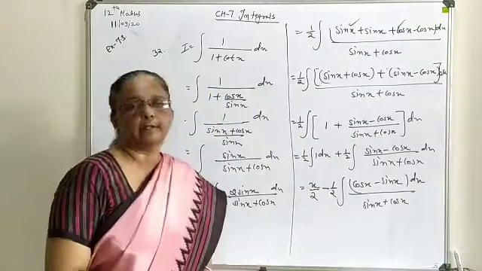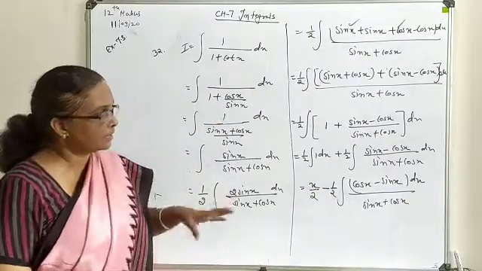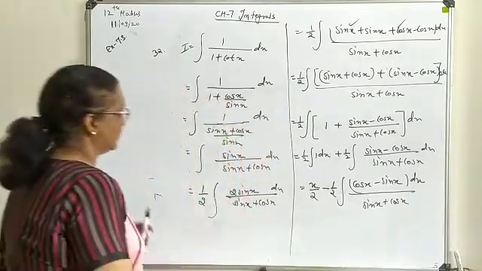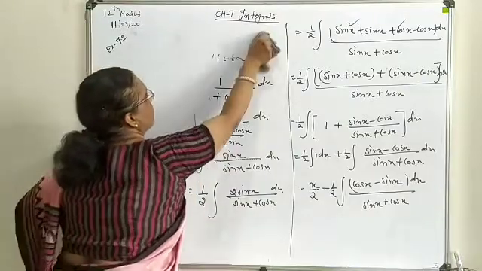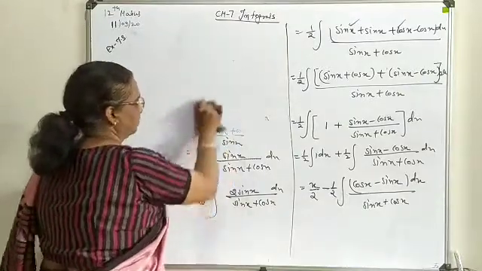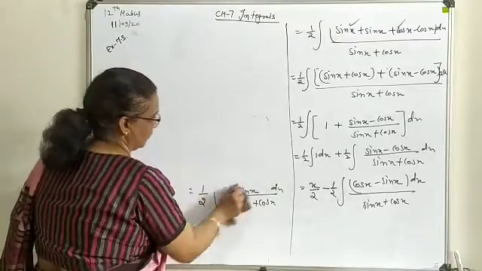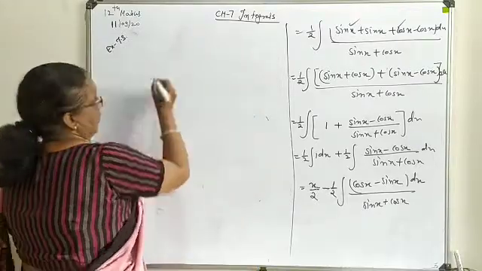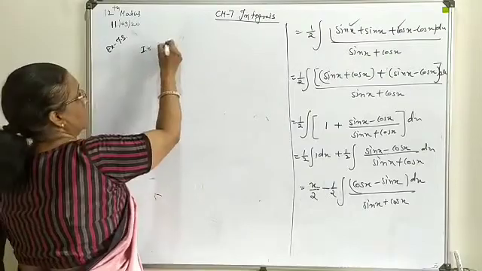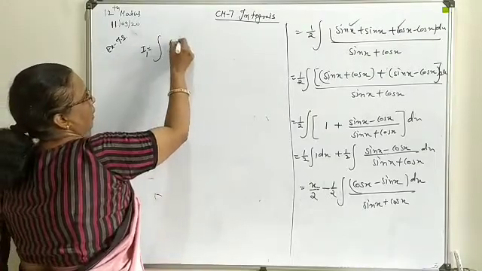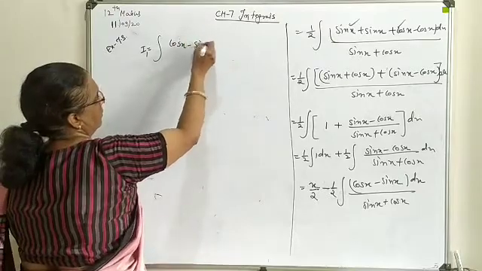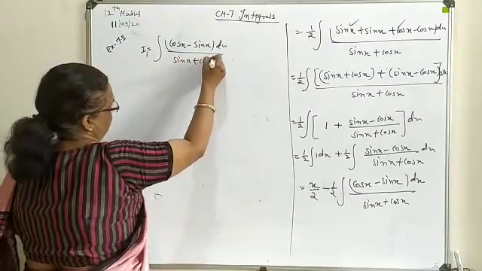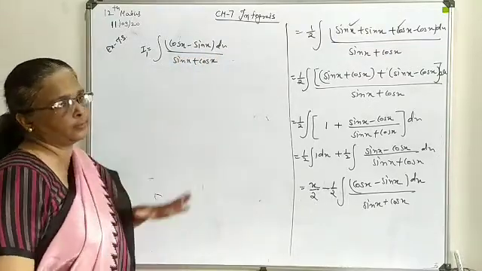Now directly also you can write its integration, and if you are not sure about this second part, you can suppose it as t and then write its solution. So let's try to complete it. For the second part, separately you can suppose it. Let it be I1. This is the integral of cos x minus sin x dx upon sin x plus cos of x. Directly also it can be handled, and if you are not sure, separately you can handle it.